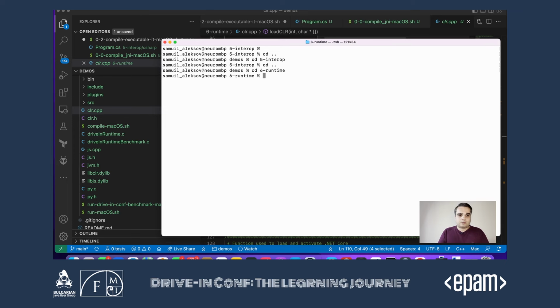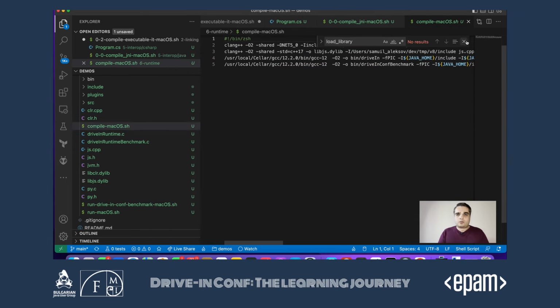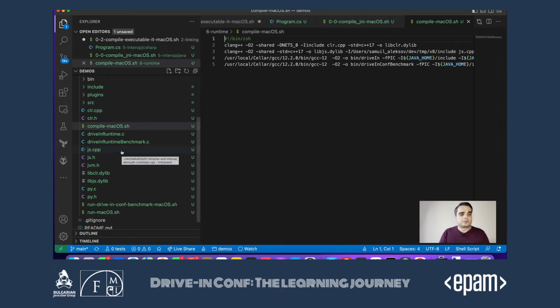I'll jump into our runtime. So the way we compile this is that there is some C++ involved, which is the choice. Sorry for that. The choice for V8 is to write it in C++, and for CLR as well, or at least to have the interfaces like that. So the easiest thing that we can do, instead of fighting the decision of the developers of those libraries and trying to load it into C, to compile it with C or something like that, is to just use C++ in this case.